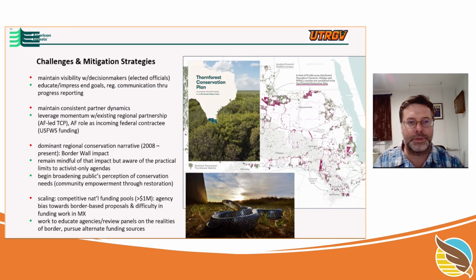Fish and Wildlife Service on border wall mitigation funding, which is something we've been working towards for a long time down here. What I've been working to do for American Forestry is to create a program. And we've been doing the thought leading and the partnership development, but with this incoming funding, we're actually going to be able to develop a program around